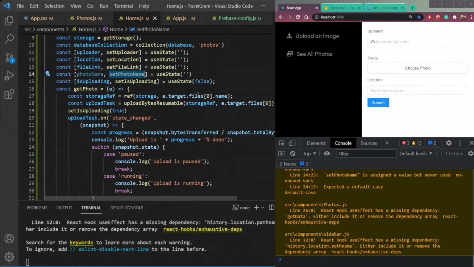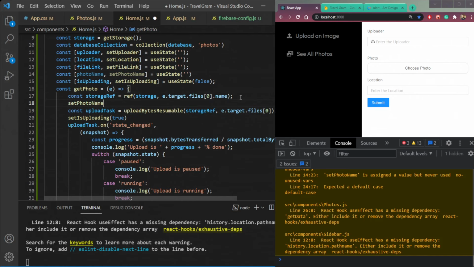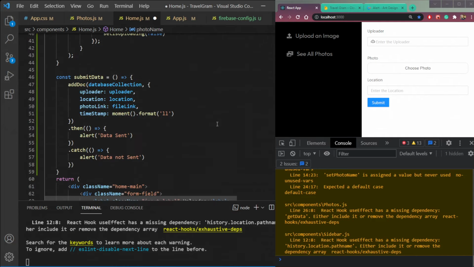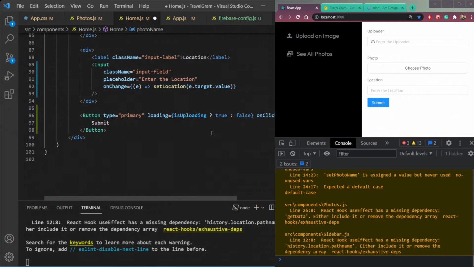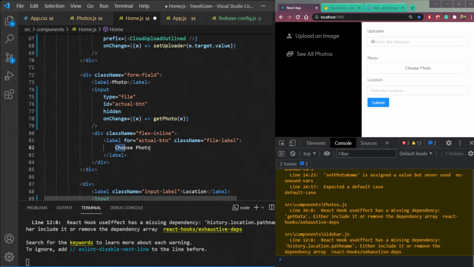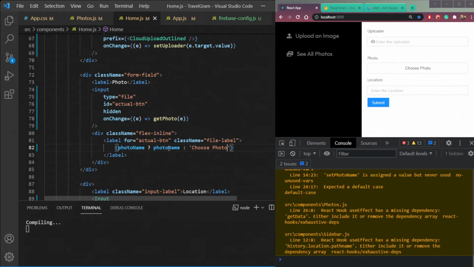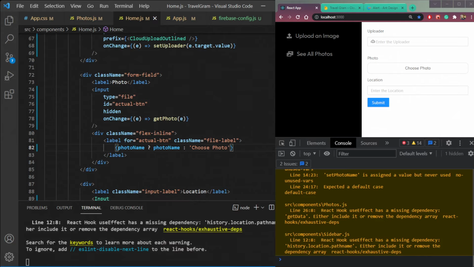So it should be here. Set photo name with the file name, e.target.files.name here, and we will just add this photo name in this choose photo. So if it exists, we will just show this, or else the simple string of choose photo. Save.